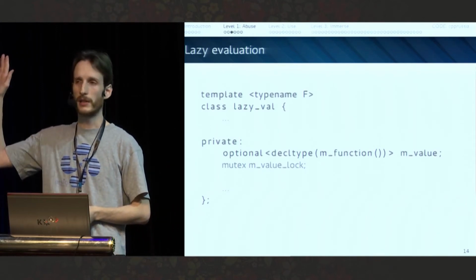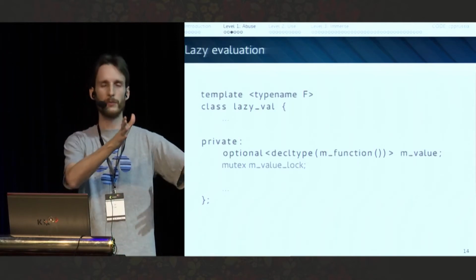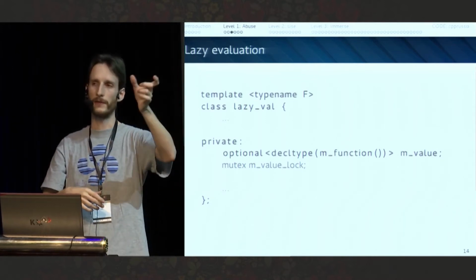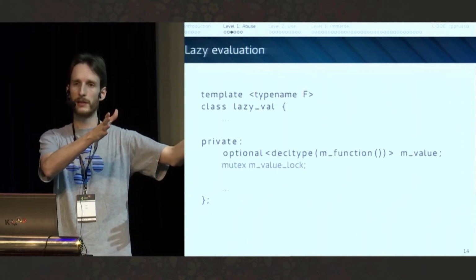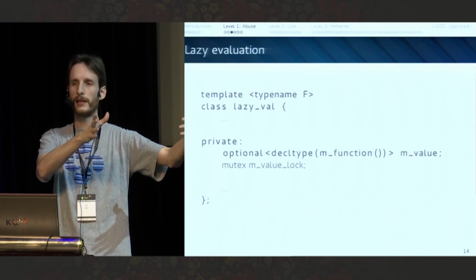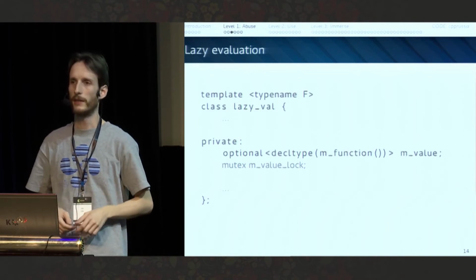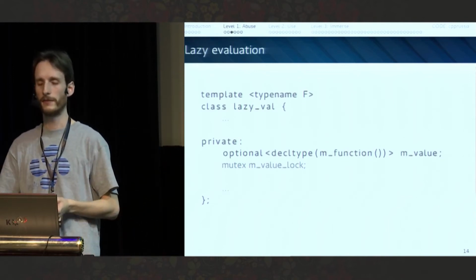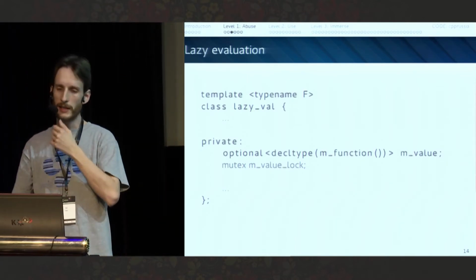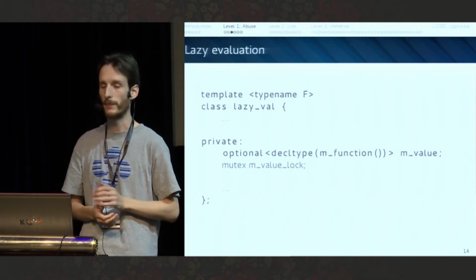Who doesn't know what optional is? So just imagine optional as a little box that can contain a value. For example, if this is optional of int, it's either an empty box or it's a box that contains just one int. Like having a list that has at most one element. If you don't have the value, it's empty. If you have the value, you put it in the box. And the std namespace got optional quite recently. In Boost, you have had it for quite a long time.